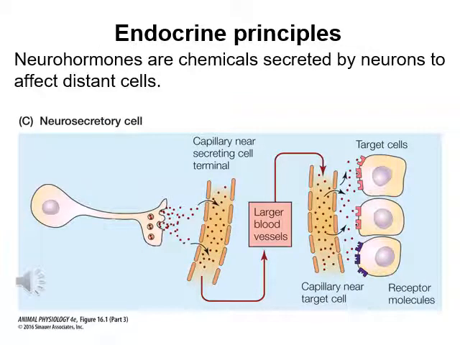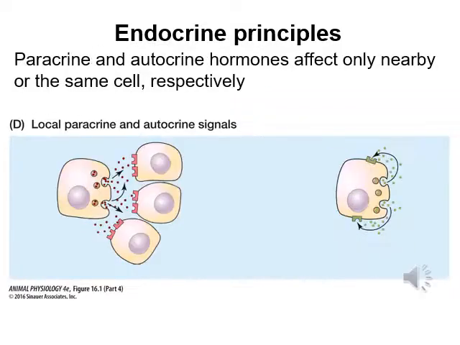Neurohormones are chemicals that are released by neurons directly into the blood or extracellular space to also affect distantly located cells. Again, these cells have to have receptors in order to be responsive. This is not the same as neuronal synapses, where one neuron talks to another. This is where the hormone is actually released into the circulation. There are also cases where the hormonal effect is very local, not involving the circulatory system. Paracrine hormones are released by cells and affect other cells in their local area. Autocrine hormones are released by a cell and actually feed back to affect the same cell.